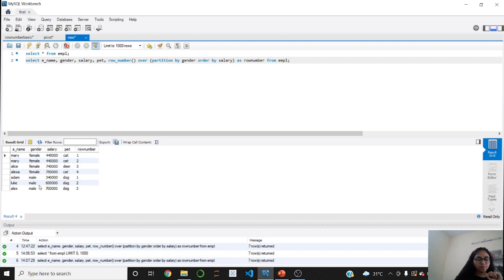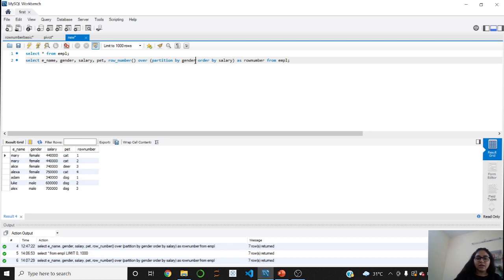Alright, so what I have already mentioned is that two partitions will be made since my gender column had two unique values, female and male. One thing to notice here is that the partitioning is done alphabetically. So firstly you have the female partition and then the male partition. All other rows have been arranged according to that. And since we chose salary as the order by column, inside female you have all the amounts arranged in ascending order, which is by default, and then in the male again you have that.